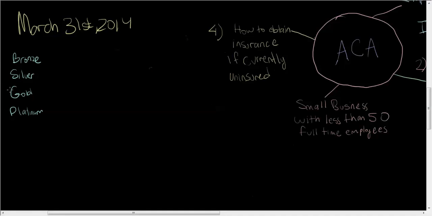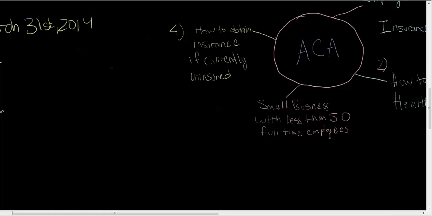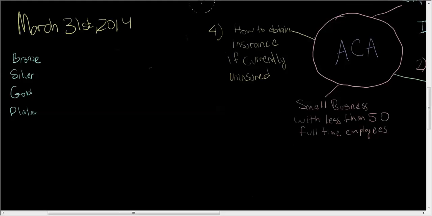You'll see that I've erased a lot of stuff. So a really big misconception about the 4 types of plans is that some plans are better than the other, that say platinum would be superior to bronze, but all of these plans have the same benefits. Same benefits. The only difference about these plans is how you pay for them. So all these plans have the exact same benefits. The only thing different amongst these 4 different types of plans, this is gold, is how you pay